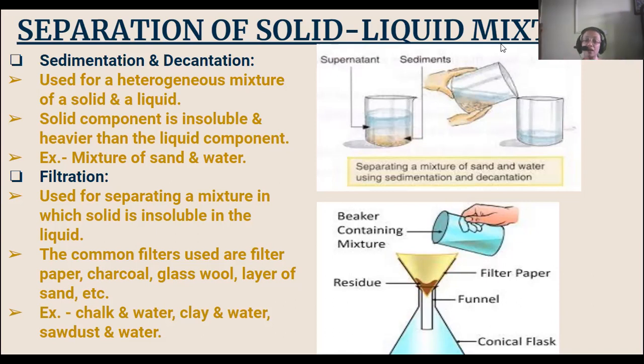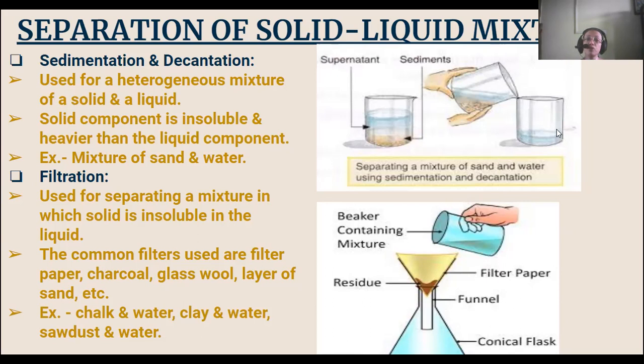So sand is settling down at the bottom of the container, here a beaker, as a sediment. So we can separate the sand, the sediment, from the water, which will float over the sand as a supernatant liquid. And that we can slowly pour into another beaker, and that will be the process of decantation. This is how we can separate the heavier solid component from a lighter liquid component.